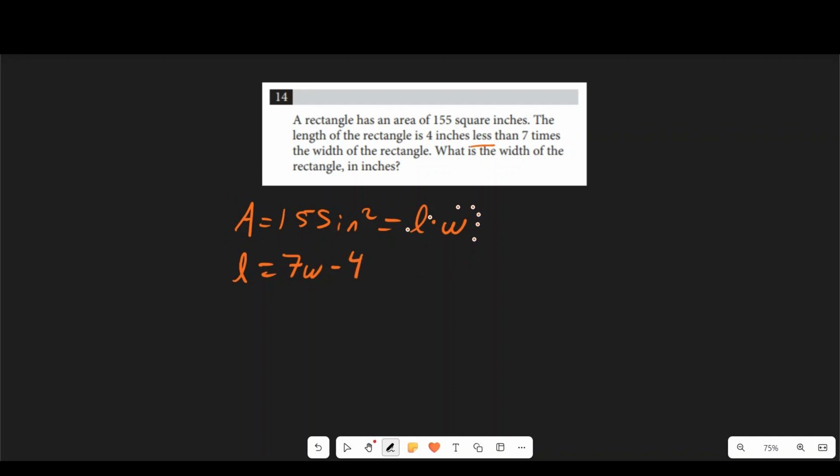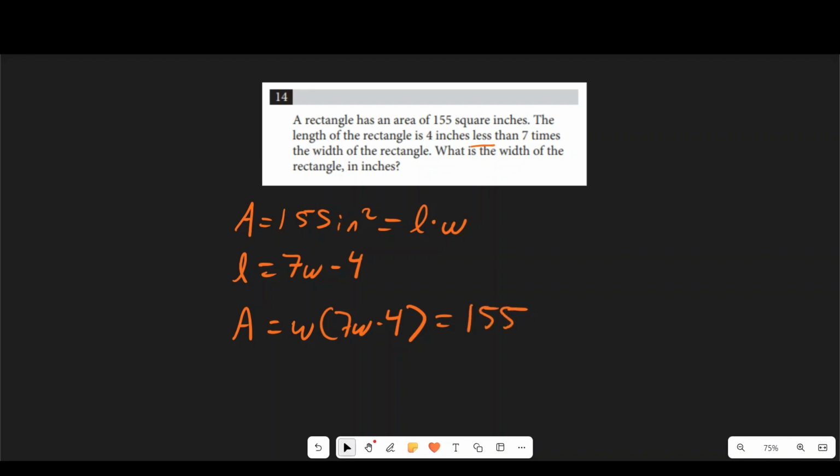If we combine all this information, we get area is equal to W times L, and L is simply 7W minus 4. So W times (7W minus 4), not so bad, and that is equal to